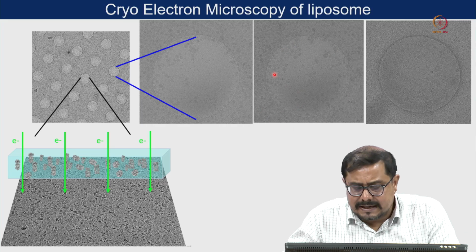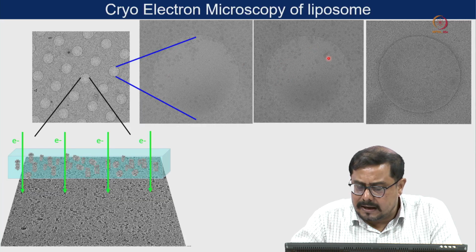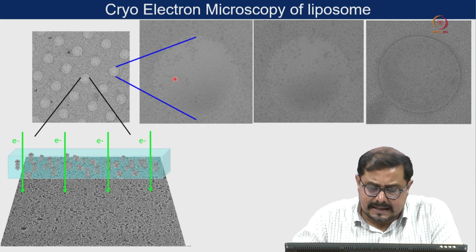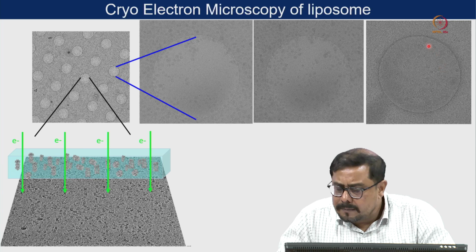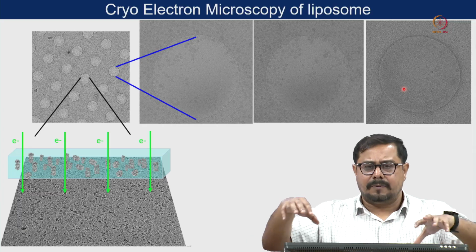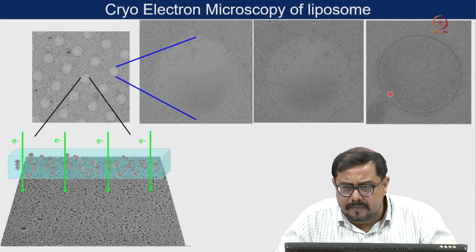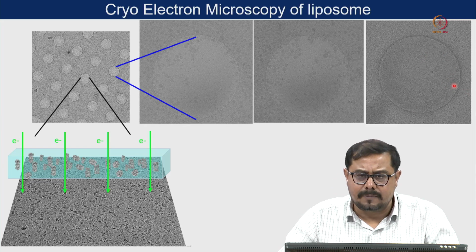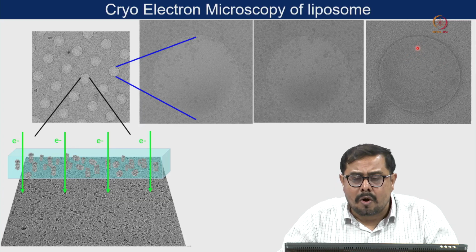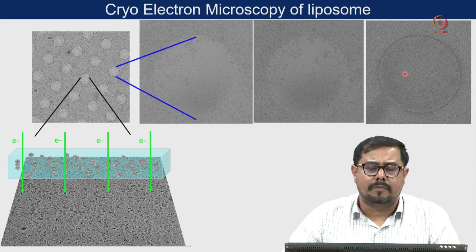Now if you look at the next one, this is another condition where you can see that liposomes are distributed nearly all over the hole. It is not very uniform but better than this particular hole. But this one is looking very nice because the entire hole has different circular liposomes, uniformly distributed. I am not talking about the size of the liposome being uniform. If I consider those individual particles as biological macromolecules, those macromolecules are distributed uniformly inside this hole.